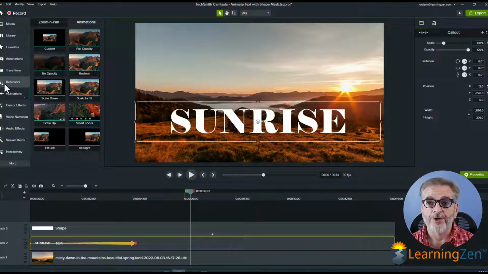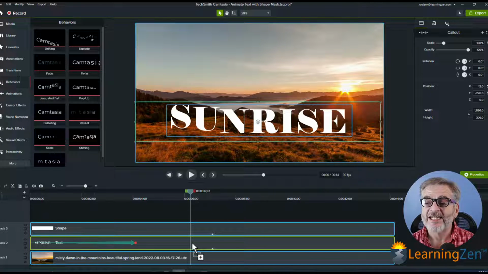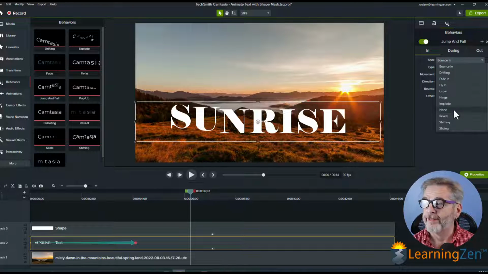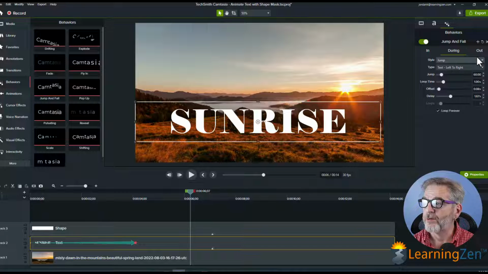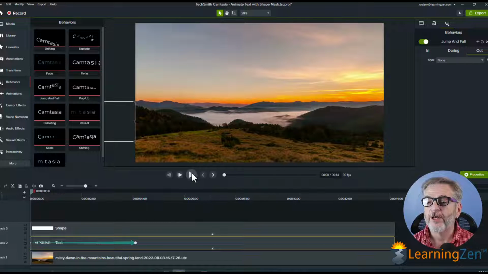In addition to that, you want to apply a behavior to it? Sure. Let's do jump and fall. Since we already have an animation set up here, I'm going to have it do nothing on the way in. During, I'll let it jump. And then out, I'll say, I don't want to do anything either. Okay, so if we run that, it'll come in,